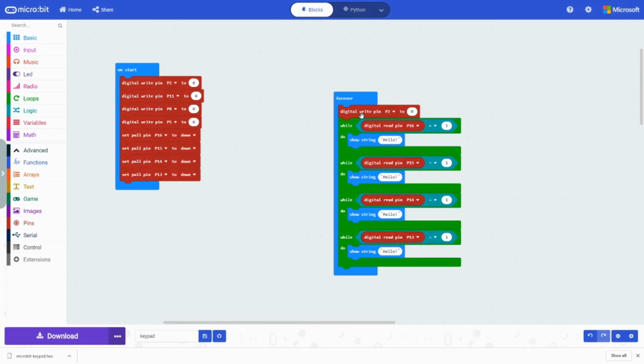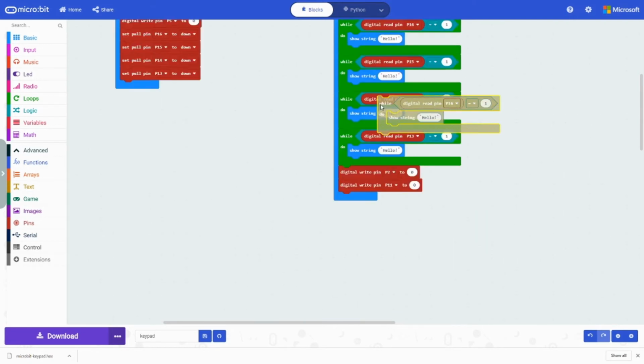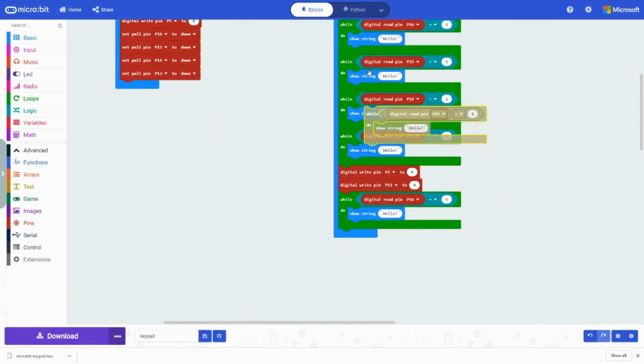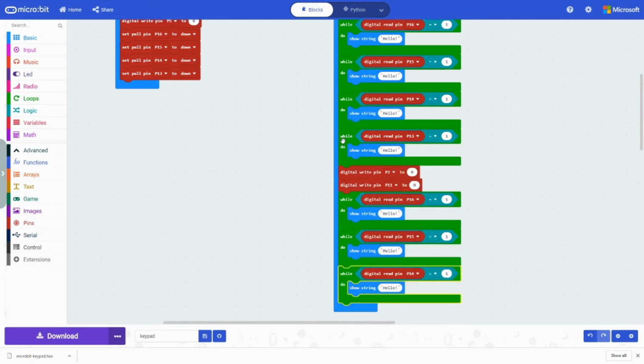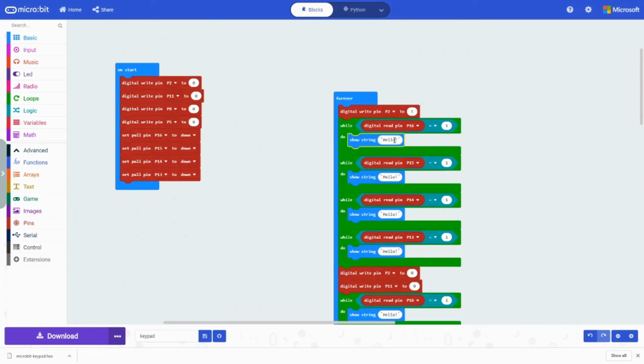Okay, then after this, don't forget to change this block over here to 1. Drag the copy of this right down here and change the value back to 0. And we just duplicate the next digital write pin and copy all of this. And change the things in the string to be, in my case, 1, 2, 3,